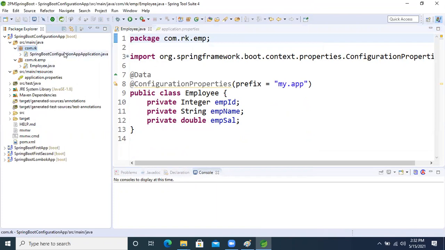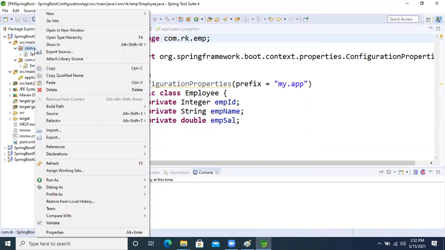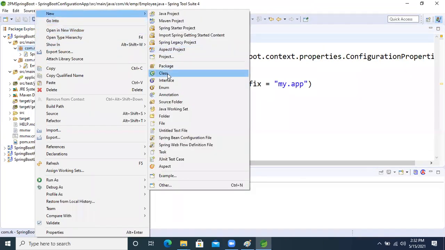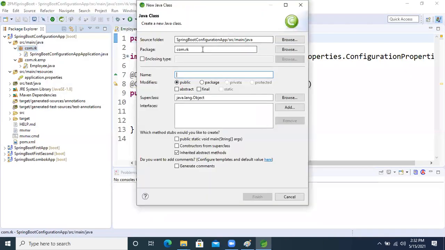Okay, so now I'm going to create one more runner class. New class, and here I'm taking MyRunner application. Now finish it.